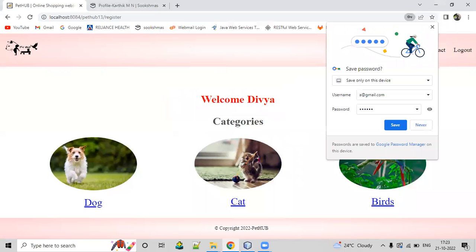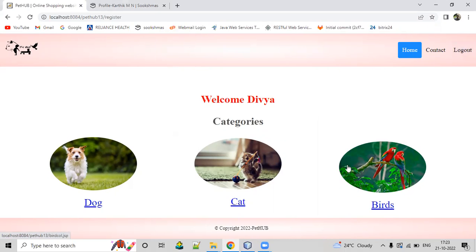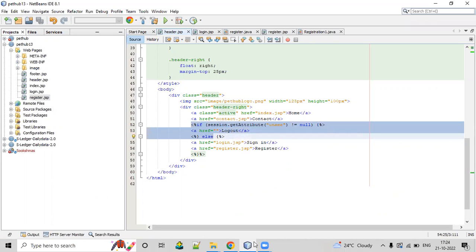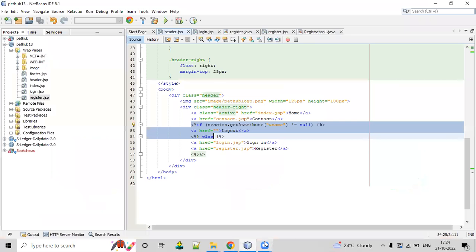Yes. See, I have logged in. That's why here logout menu is visible. So it has come to the if condition. Previously it was in the else condition. Now it has come to the if condition. That's why logout is visible. Okay. Now,